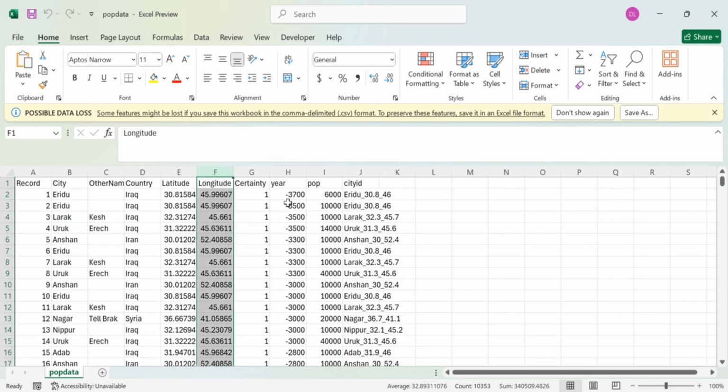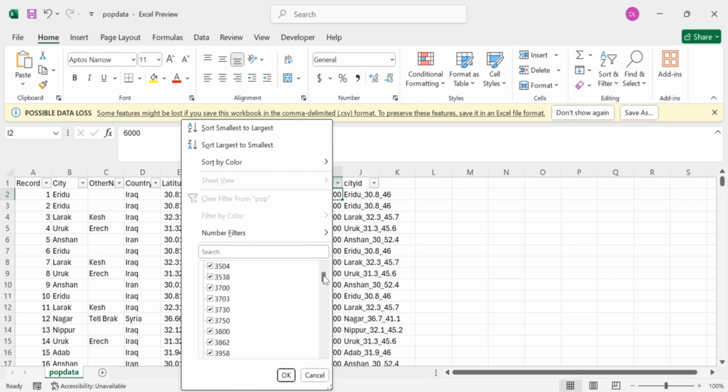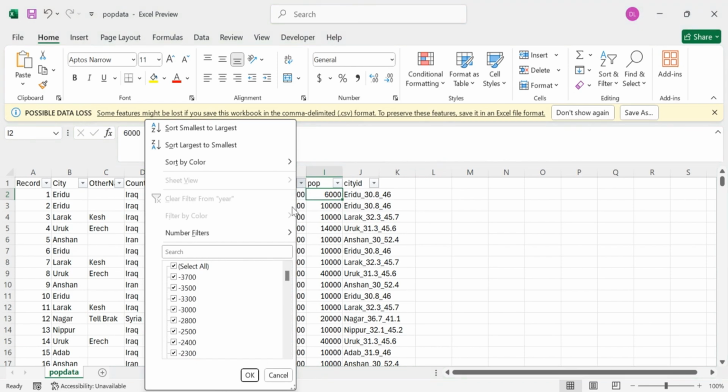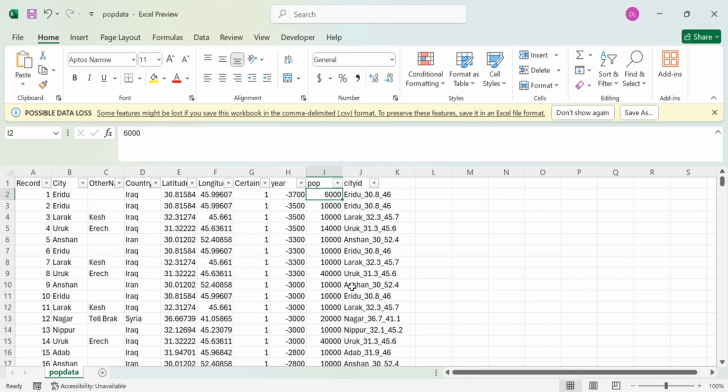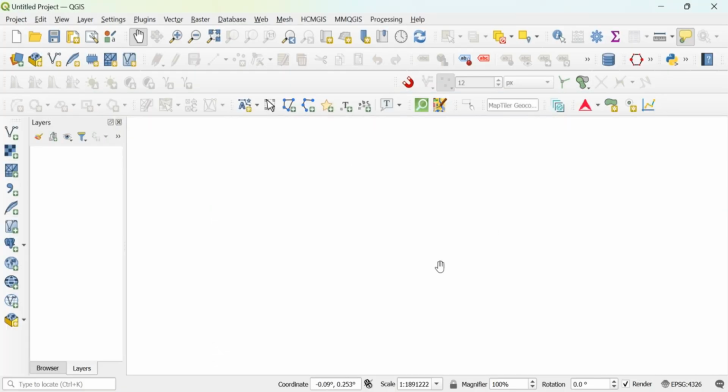It has a lat long, and I think it's displaying even population from BC also. I'm not sure how they get population from BC, but from somewhere, to, oh no, not this column. Yeah, from 3700 to the year 2000. So the whole idea is to just display a population density with hexagonal grid layer. So not so much detail into if the data set is correct or not.